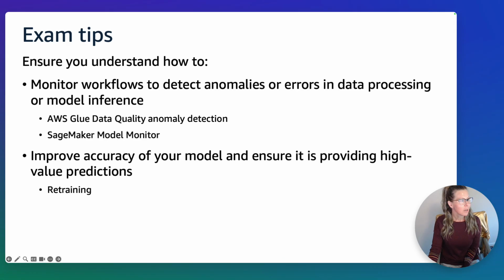And ensure you understand how to deploy a machine learning model in Amazon SageMaker that provides product recommendations to improve the accuracy of the model and ensure it is providing high-value predictions. If you detect a significant change in customer data, then you can retrain your model using both the original and the new data. Machine learning workloads can initially provide high-value predictions, but the accuracy of the same model's prediction can